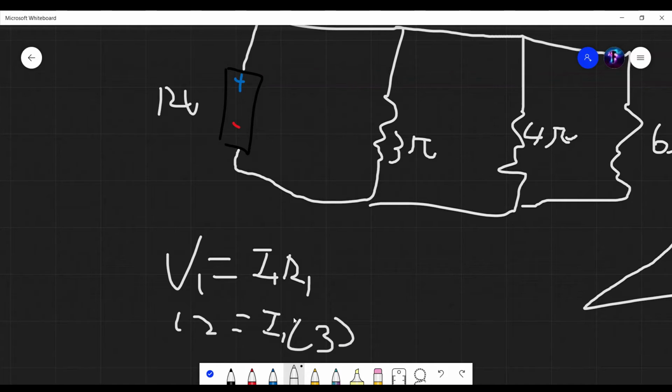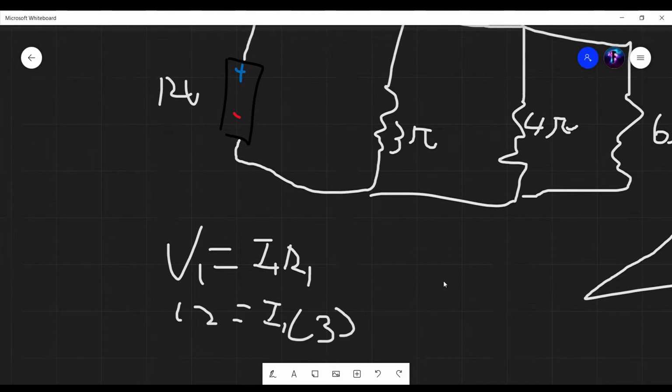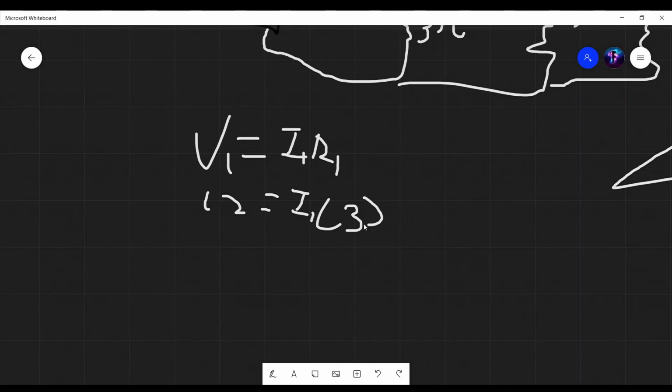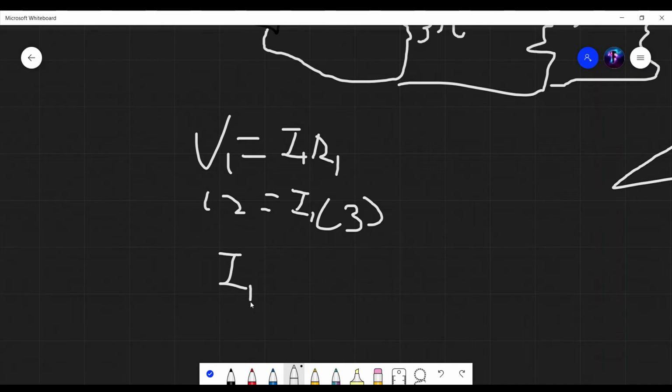I did make a mistake. Last time I multiplied instead of dividing, so you would reshape this into 12 divided by 3, or I equals V divided by R. So I was right, but I did the math wrong. So the I1 would equal 4